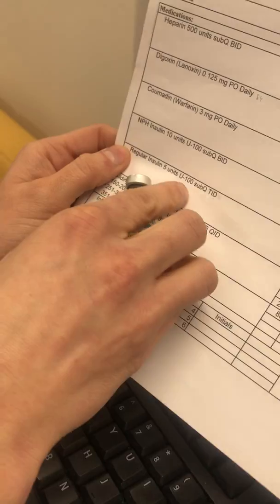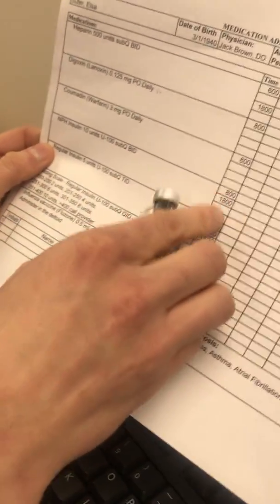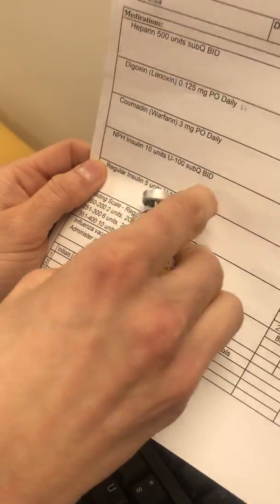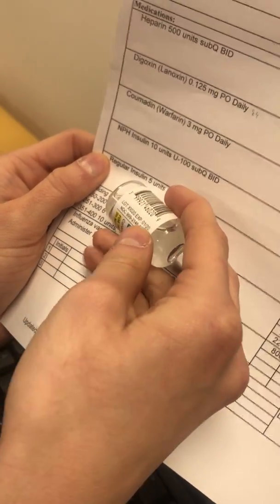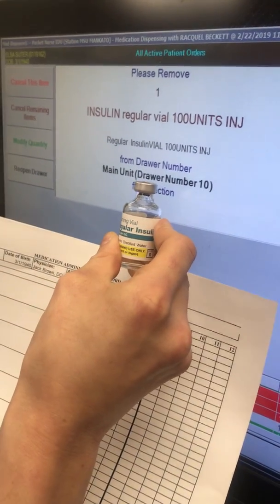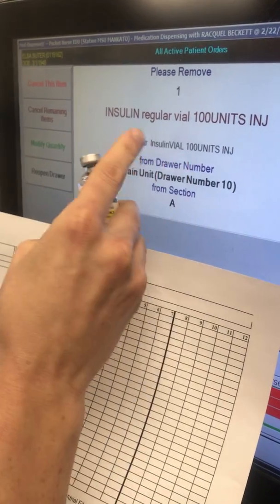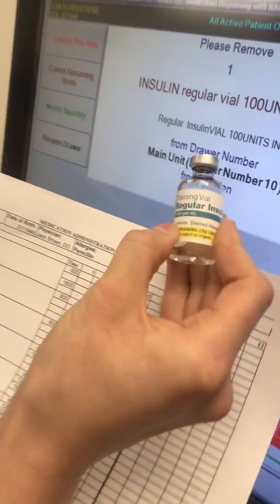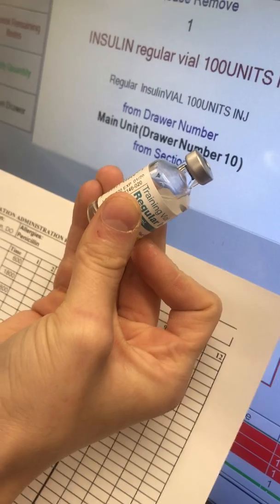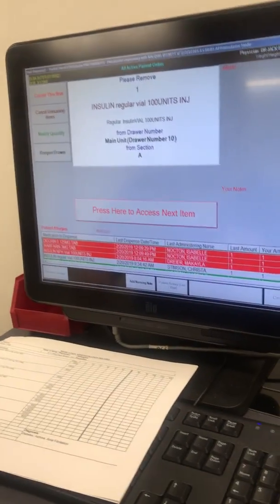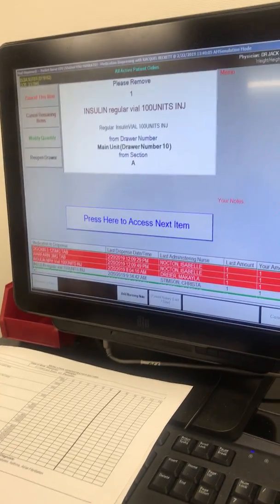So then we have our regular insulin, 5 units, U100 sub-Q TID, 8 a.m., no allergies, right patient, and then regular insulin, 100 per mil, not expired, 120, and then just like the last one, I would compare my regular insulin, yep, regular insulin, 100 units, and then 100 units, not expired, perfect, just like I did for my NPH. And then we'll shut that drawer,